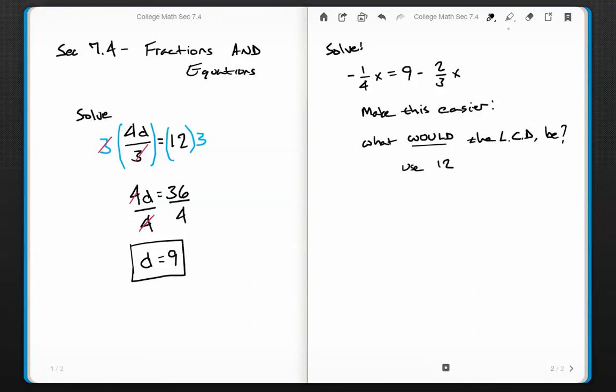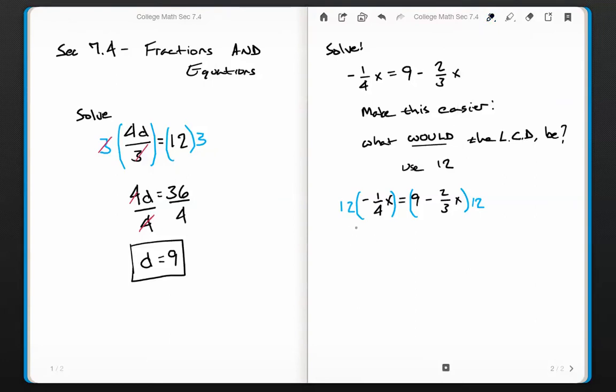So now what I'm going to do is multiply everything by 12. So let's rewrite this: negative 1/4 x equals 9 minus 2/3 x. I'm going to multiply everything by 12. You know, what about addition and subtraction, getting rid of fractions? Well, we'll see here, 12 and 12. And when I do that,